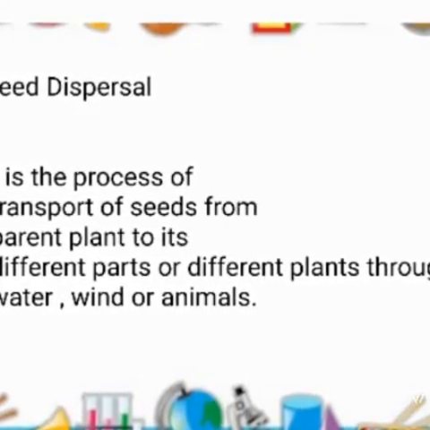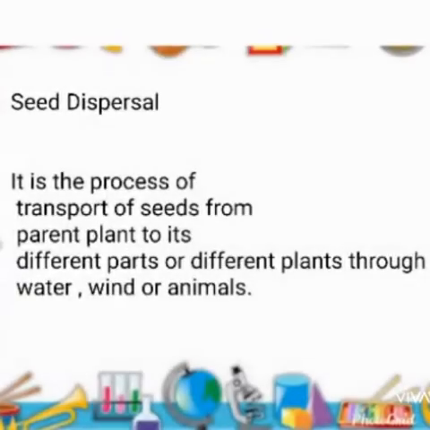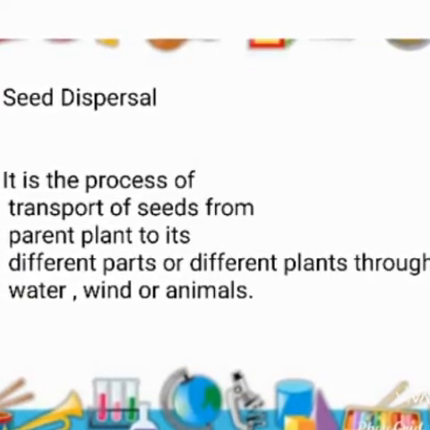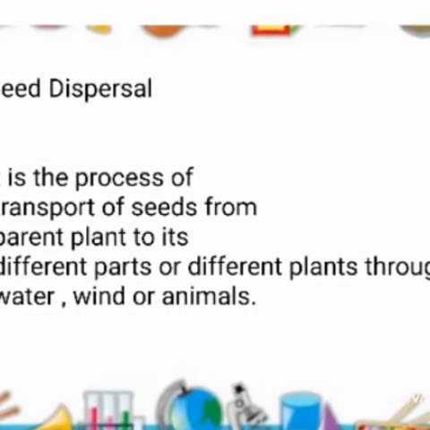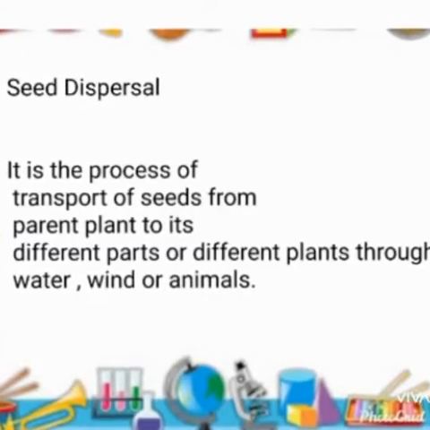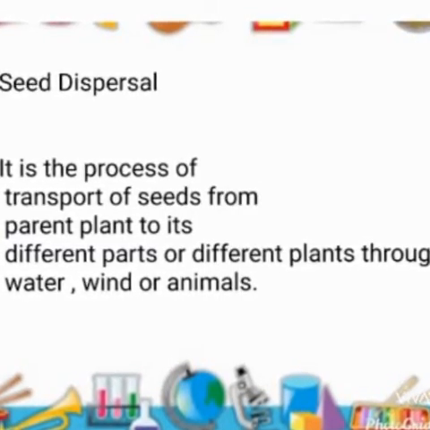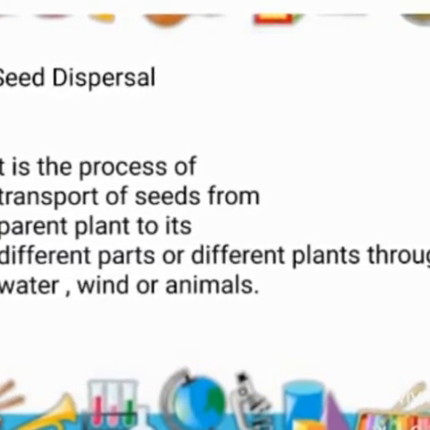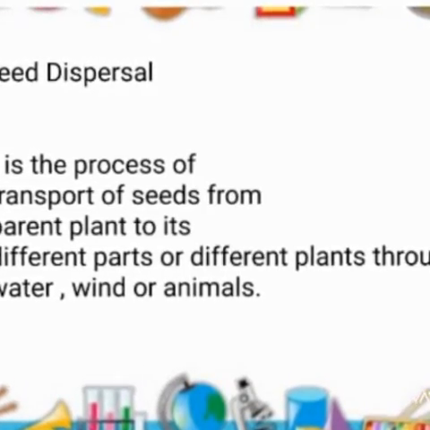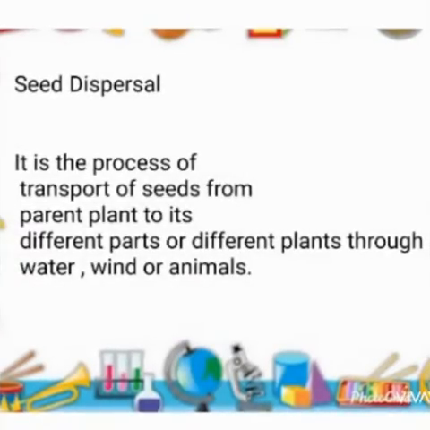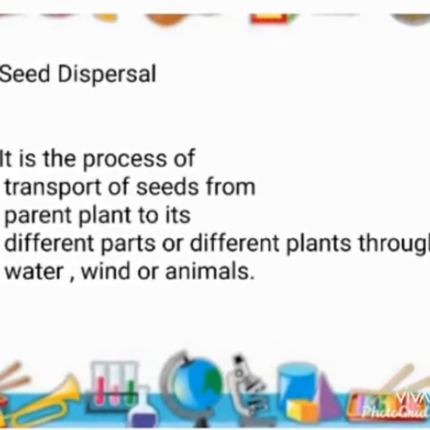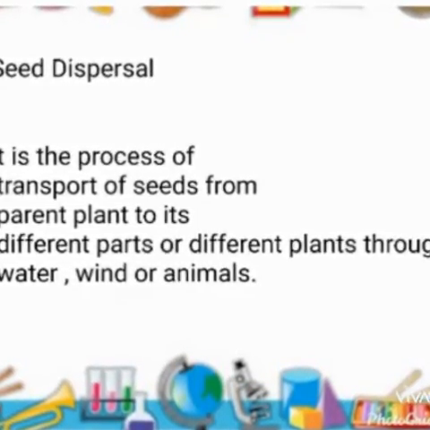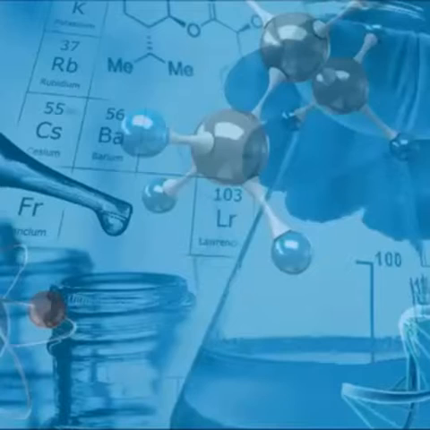Yes, there is a natural method, by wind, by water, by explosion, by insects. There are various methods through which seed can disperse. It is known as seed dispersal. When the seed of a plant gets dispersed by itself, by natural agents, it is called seed dispersal. And today we are going to discuss that seed dispersal, and for this I want to show